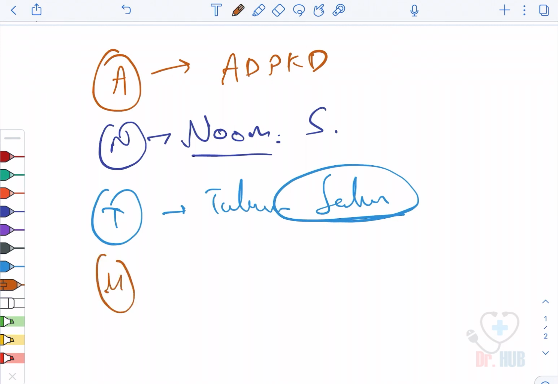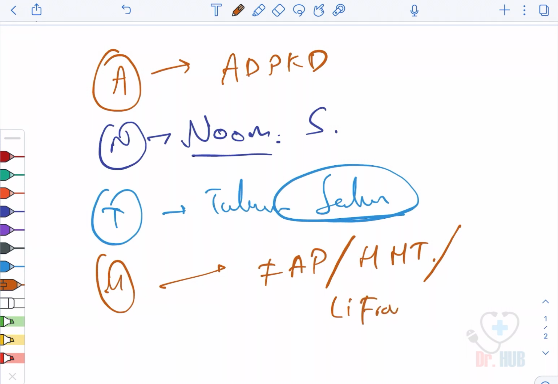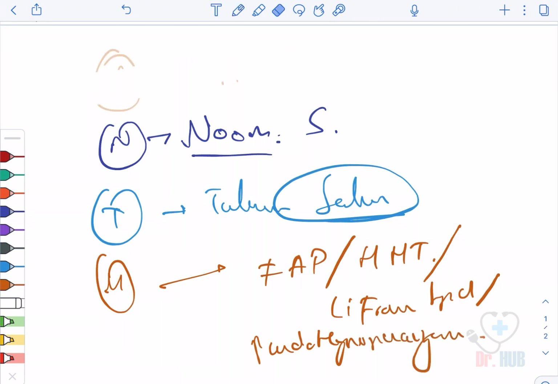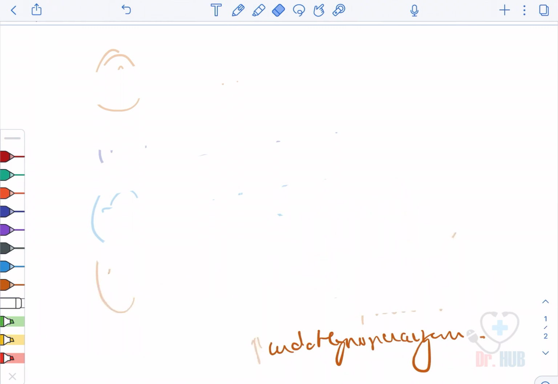And there are some miscellaneous. Miscellaneous stands for familial adenomatous polyposis, next hereditary hemorrhagic telangiectasia, and there is also Li-Fraumeni syndrome and pseudohypoparathyroidism. So just to recap, we saw the